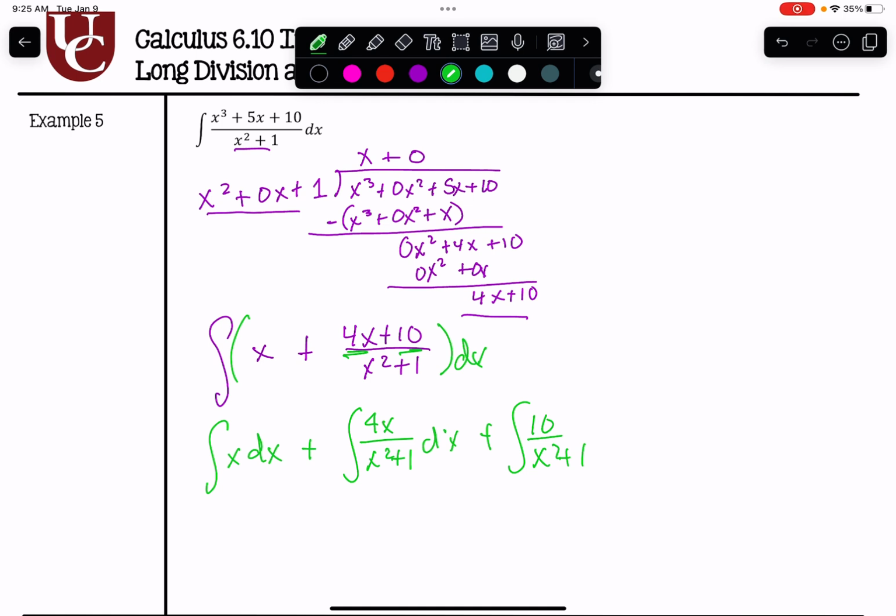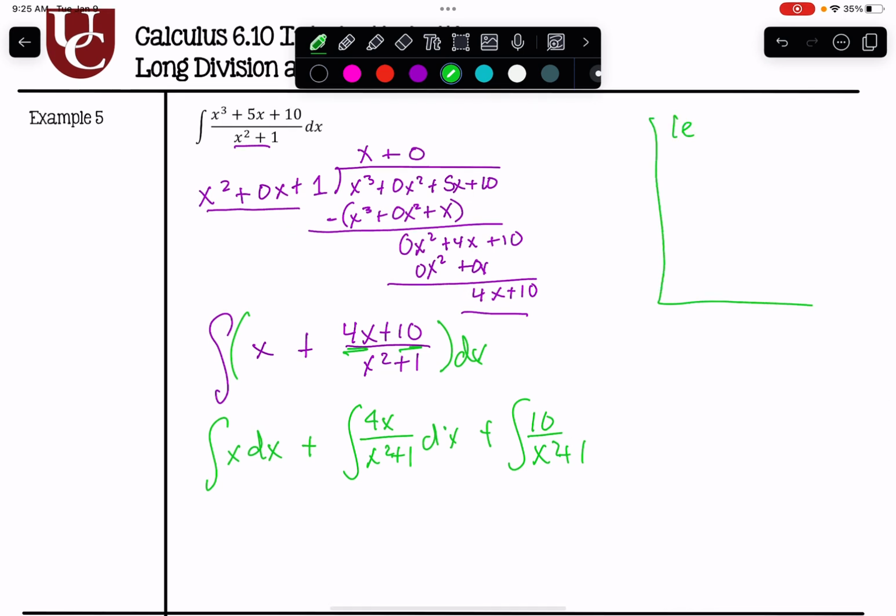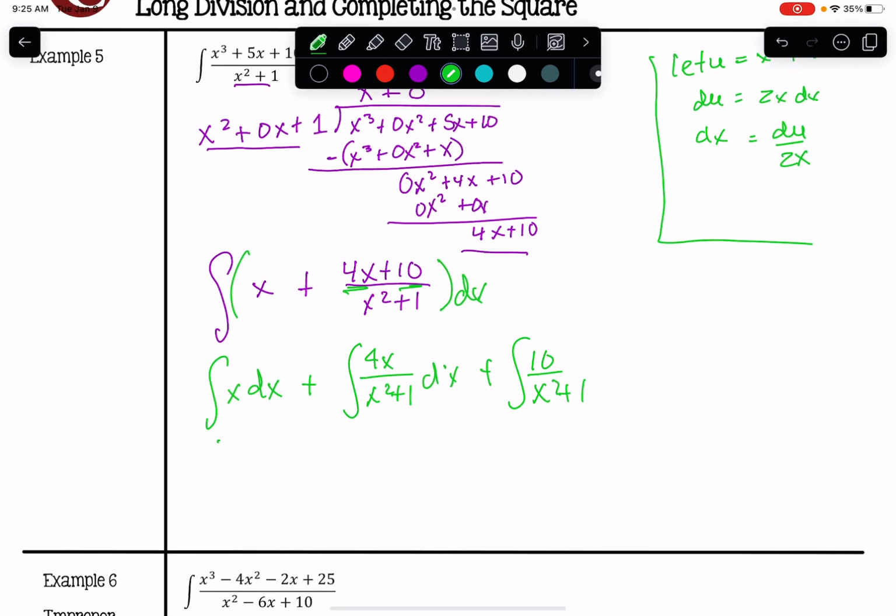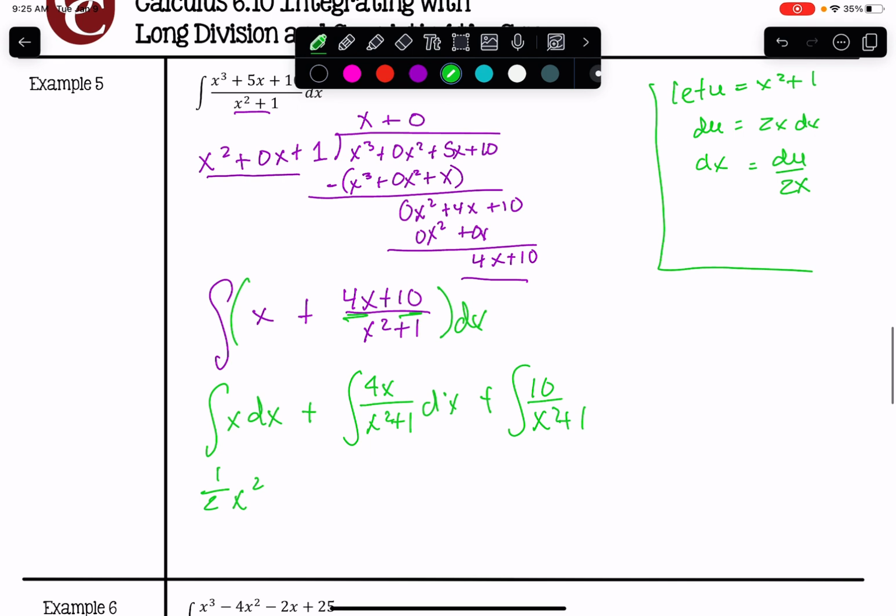Okay, and so let's let u be x squared plus 1. So du equals 2x dx. So dx is du over 2x. So that's going to help me with the second one. This one becomes 1/2 x squared. Now this one has changed to, we can cross out our 2x and our 4x, leaving me a 2, 1 over u du,